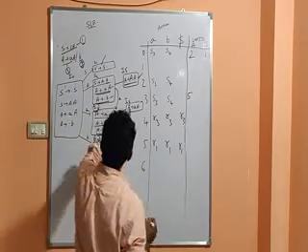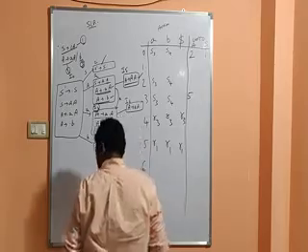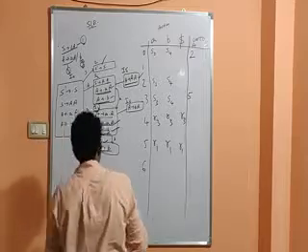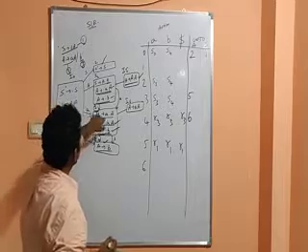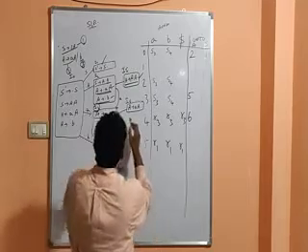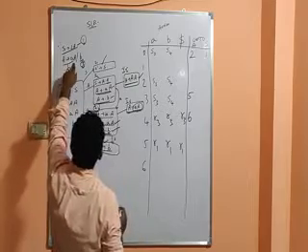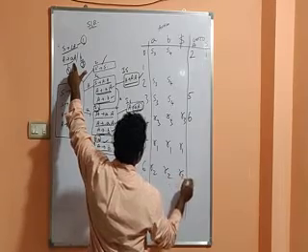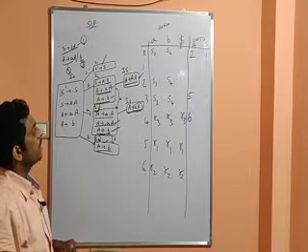Now come to I6. What is the grammar I have in I6? Capital A. So you write the number 6 in place of capital A in row 4. Why? Because from this grammar you have generated I6, isn't it? In I6 our grammar has reached the final point. So what is the grammar of small a capital A? The second production. So you write R2 R2 R2. So this is how we have to construct the SLR parsing table for a given input grammar.